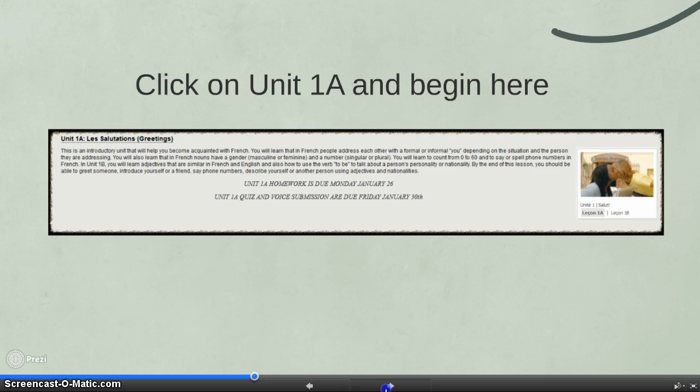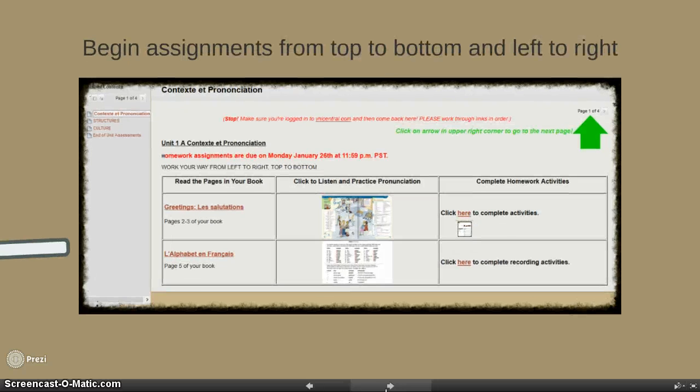Once you click on that, you will be directed to this page. On the left, you have a menu, and on the right, you have the page numbers. I recommend that you go by page. So begin with page 1. Once you've completed all the activities on page 1, then click here next, and you will be directed to pages 2, 3, and 4. If you prefer, you can also go step by step, but this way you can follow